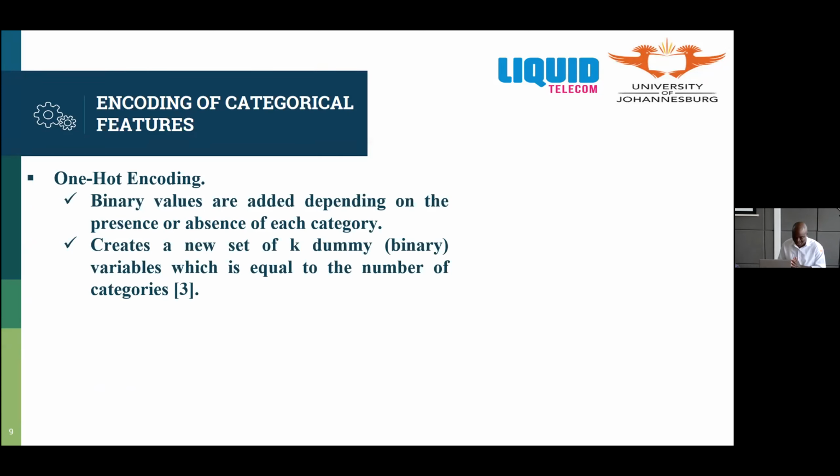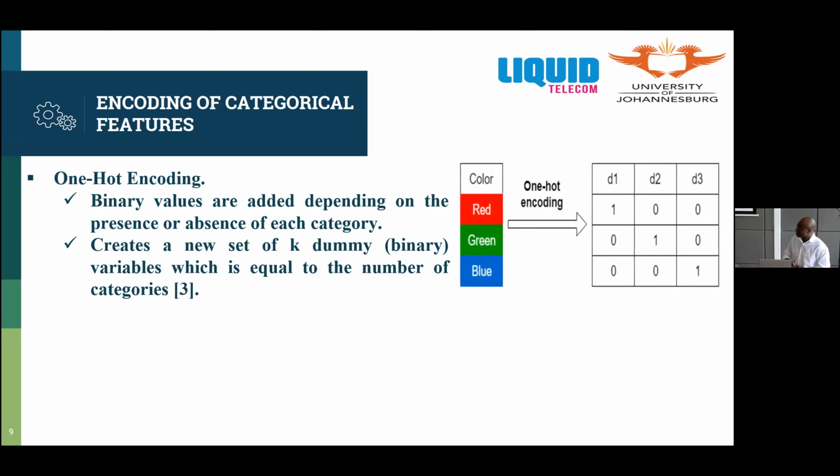It means that, for example, if the gender is male or female, if I encode that, I'm going to use 2 bits. I'll say 1, 0, and 0, 1. As a demonstration, they have red, green, and blue. If I apply one-hot encoding, because there are 3 categories, I have to encode each of those using 3